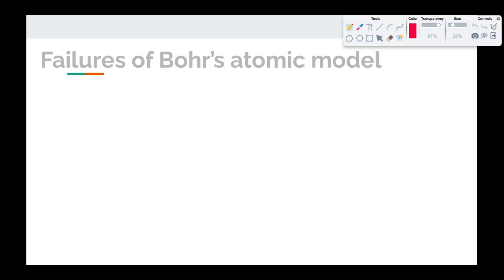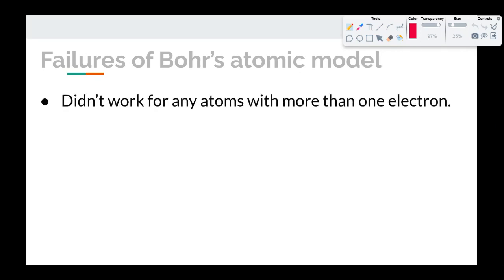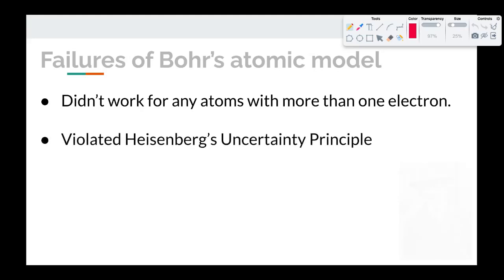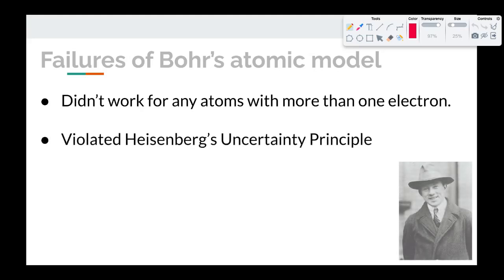As they tried to expand this for more complicated atoms than atoms that had just one electron, it just never really worked. And the smartest brains in the world were working on this, and they just could never figure out why this wouldn't work for atoms that had more than one electron. And an even deeper problem that led them to kind of abandon the search was something called Heisenberg's uncertainty principle. So Werner Heisenberg, whose picture is shown here, came up with the idea that there were limitations on how much you could know about two properties of the electron.